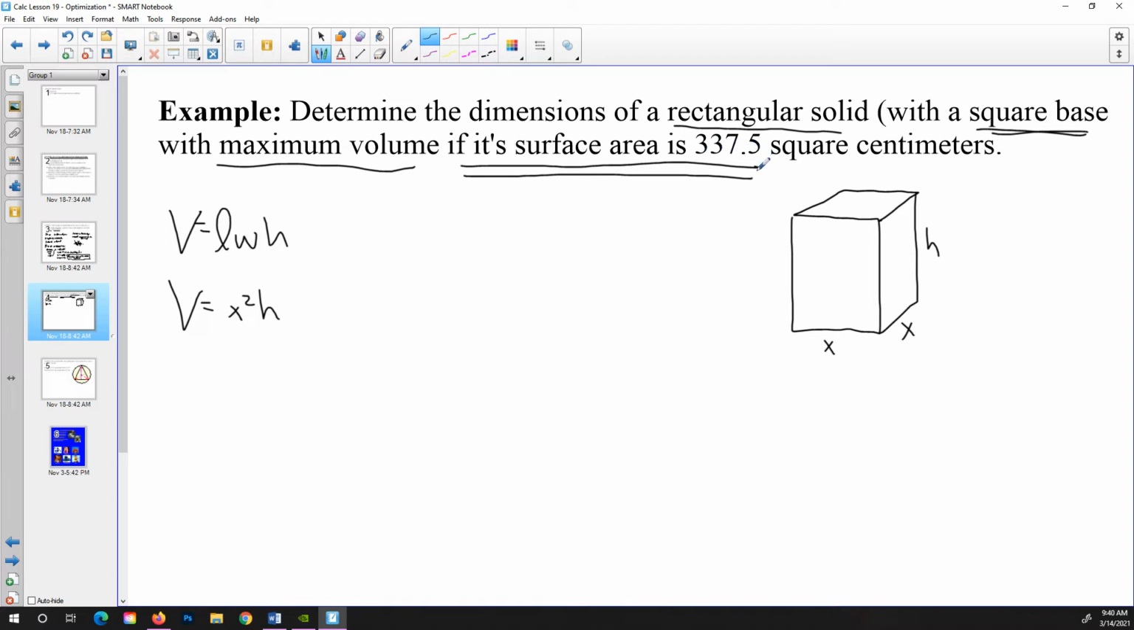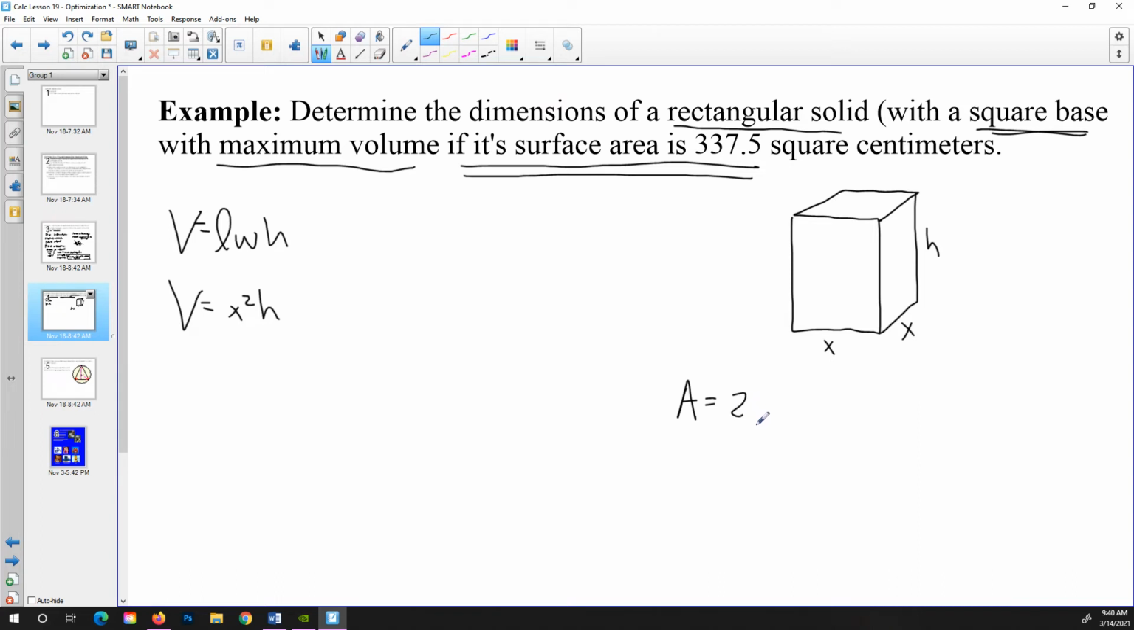All right, so how do I calculate the surface area? Well, the surface area is just the sum of the areas of the sides of this particular rectangular solid. So how do I calculate that? Well, the top and the bottom are both x squared, x times x. So my surface area, which I'll just call A, just to keep the variable simple, it'll be 2